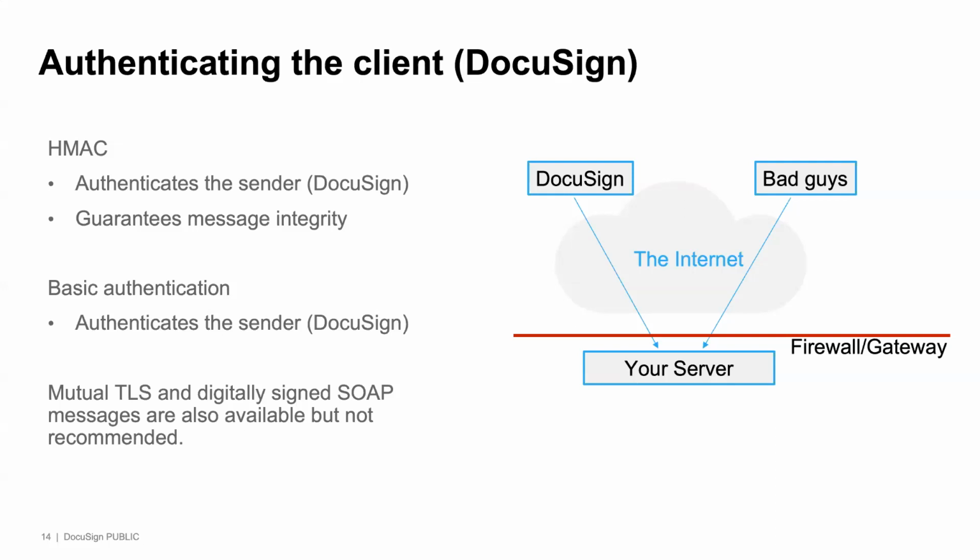The way we have it set up right now is what happens is you ask DocuSign for the secret, and DocuSign then creates that secret, a unique secret for you, and you at that point have it, and DocuSign also has it, and that's how we deal with the issues of transferring the secret back and forth. And the way you receive that secret is through the administration tool. So we recommend very much that you always use HMAC to authenticate the client.